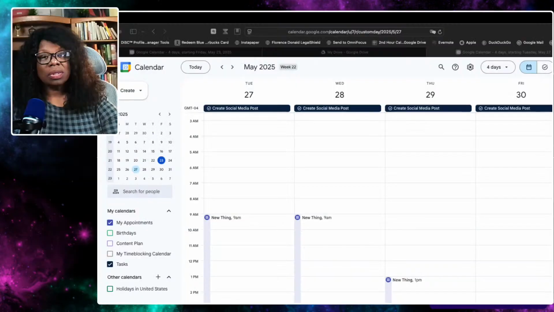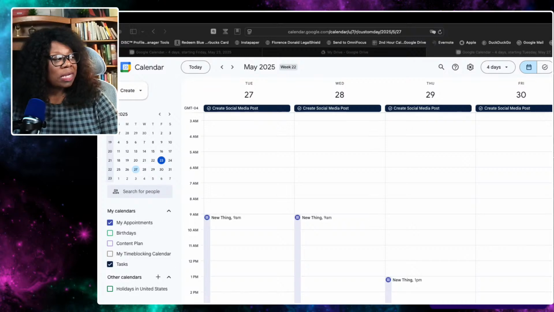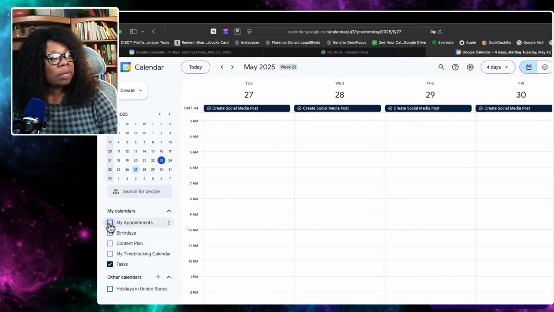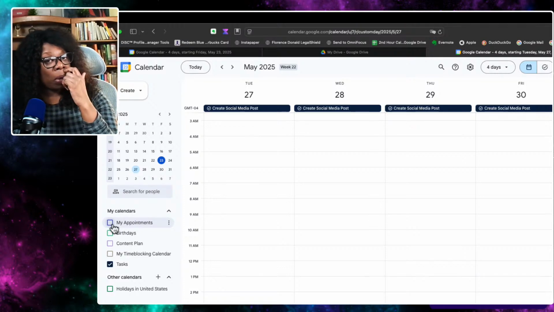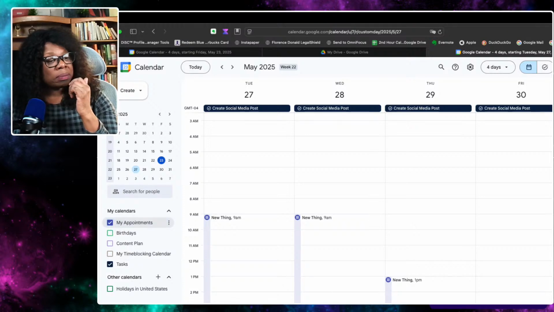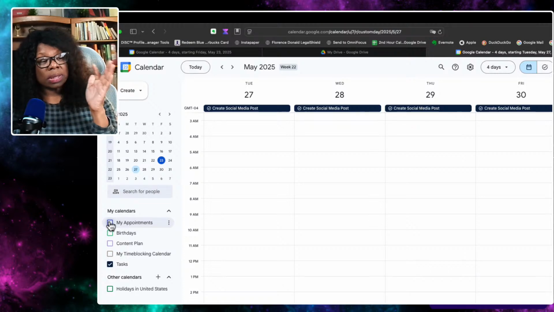Leave Discord alone. So here's the page when I made that change, it put those times in here. And if I don't want to see it, where it says my appointments, I think, no, my time. Mm, is that it? Yeah, I can uncheck it so I don't have to see it, but people can still be booking, so I don't see that, but I'll actually see the appointments when they get put on my regular calendar. So I can either see them or I can uncheck it and not see it. So if I don't want to see that clutter, but I know it's there and I send the link to someone and they can book the appointment. And once the appointment is booked, that time,